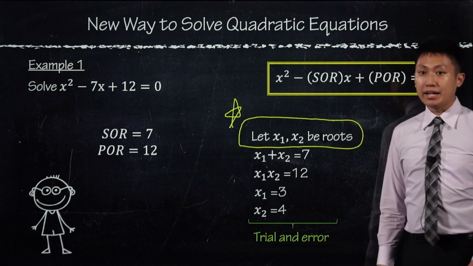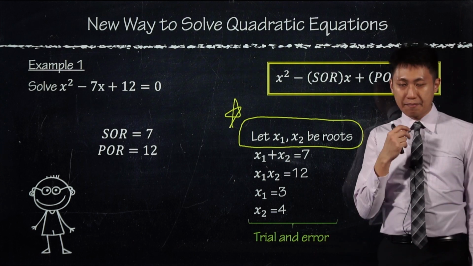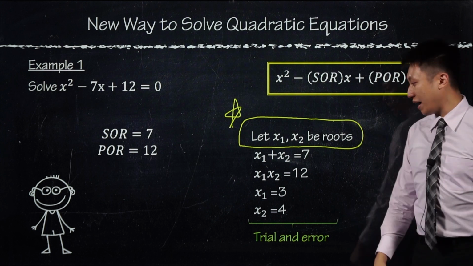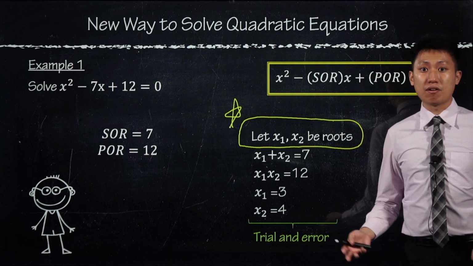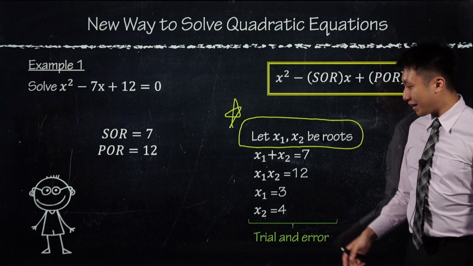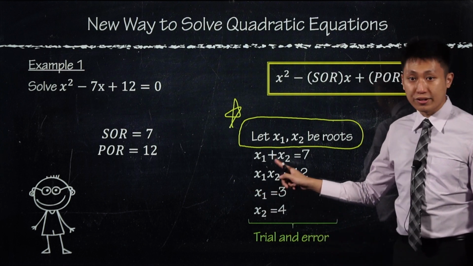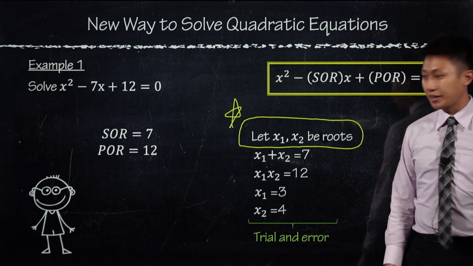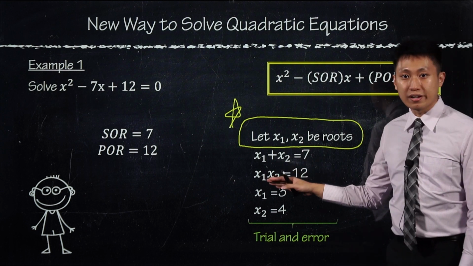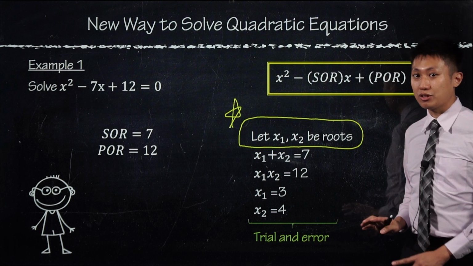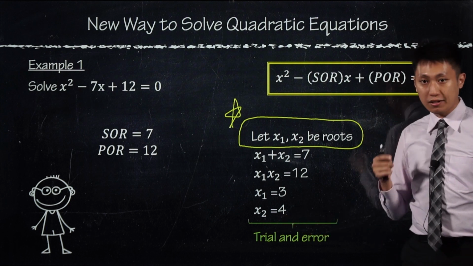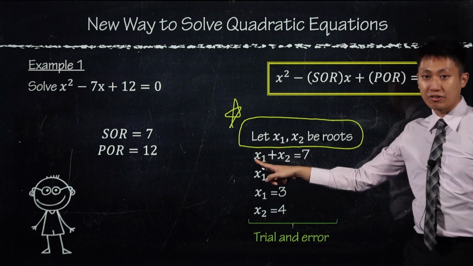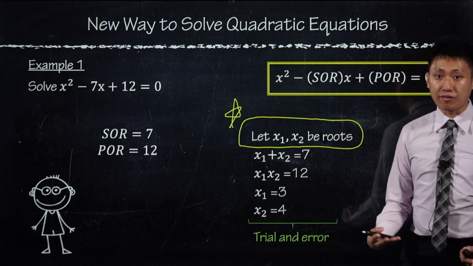Okay, so if you are able to take SPM, it means you have already done all the chapters in Form 4 and Form 5. Meaning that you can solve these two equations by using something called simultaneous equations. Then you'll be able to solve it not by guessing it. Now I'm trying to guess it. Later on, you'll be able to sub the first equation into the second equation, solve for it, and you get the